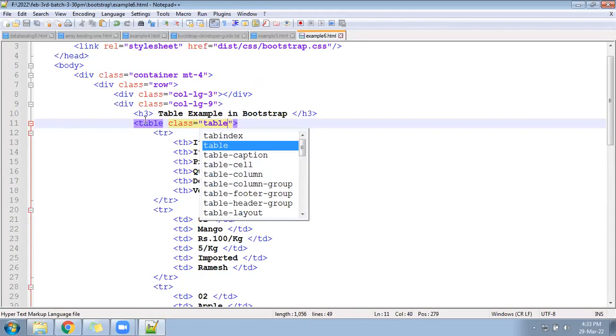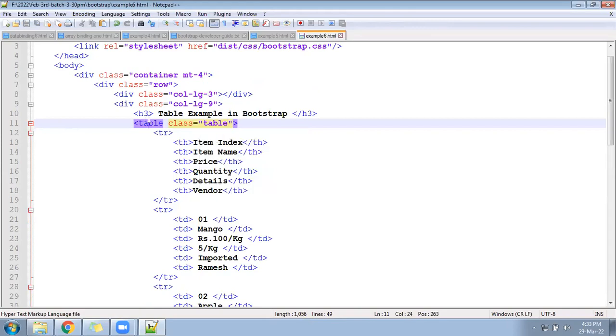And check how the look got changed completely. The look of the table will get changed completely.